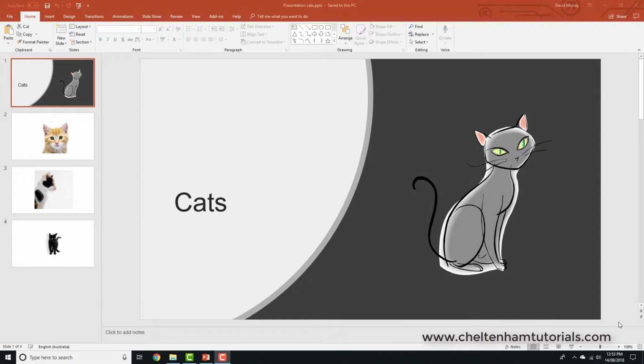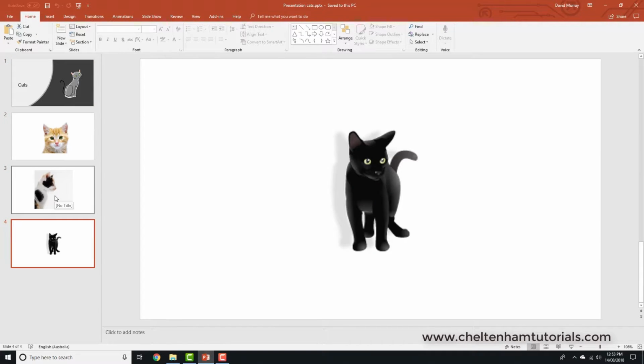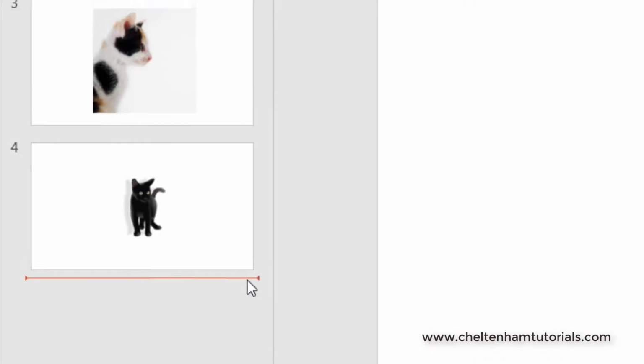In this section we're going to see how to merge slides from one presentation into a second presentation. I've got a short presentation here, it's cats, so I've got 1, 2, 3, 4 different slides. So these 4 slides are obviously about cats. Now if I just click at the end of the presentation here and I get this little horizontal red line,